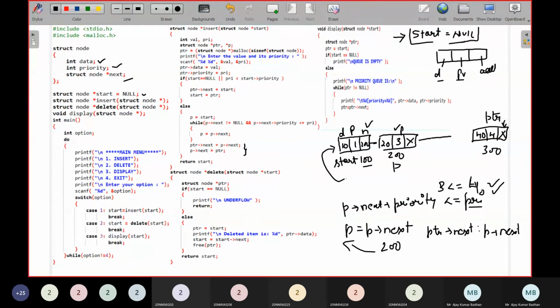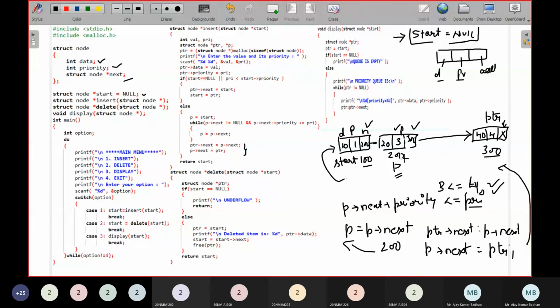Then I have to establish a connection from here to here. So P next equal to pointer, because this particular node has been referred with the variable P. So P next equal to, I just want to store the address 300. So pointer. Automatically this 300 will get stored at this particular location.